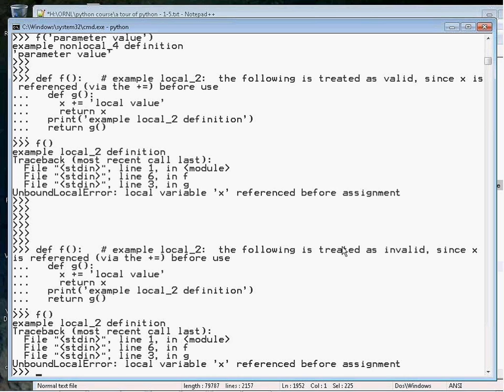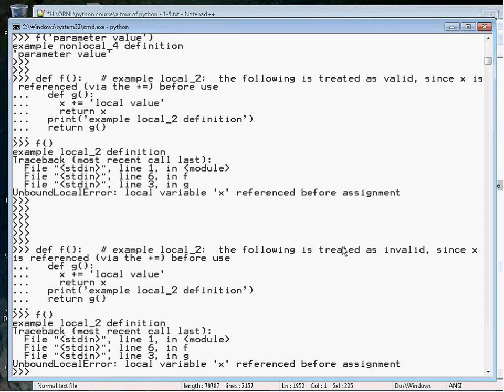The safe thing to do, going back to this basic principle, is whenever you read, feel free to read from anywhere. Whenever you write, try to localize writes, because if writes become non-local, they have side effects from other logic. So the X assigned means that X is being put in the local scope,